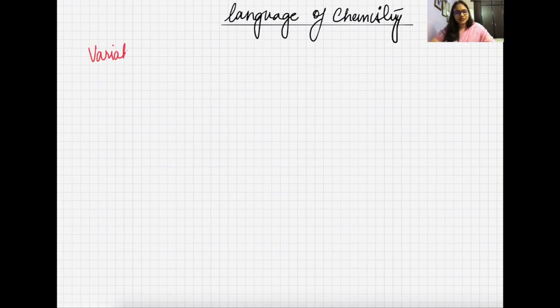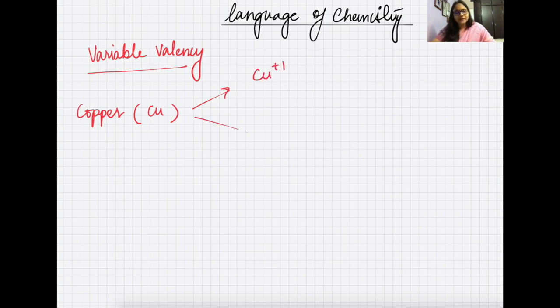Now coming to the next topic, certain metals have a tendency to lose more than 1 electron and form more than one kind of possible ions. Such elements are said to have variable valency. For example, I have taken copper. Copper exists in 2 states, Cu+1 and Cu+2. Now, to understand why copper has variable valency, why does it lose more than 1 electron,